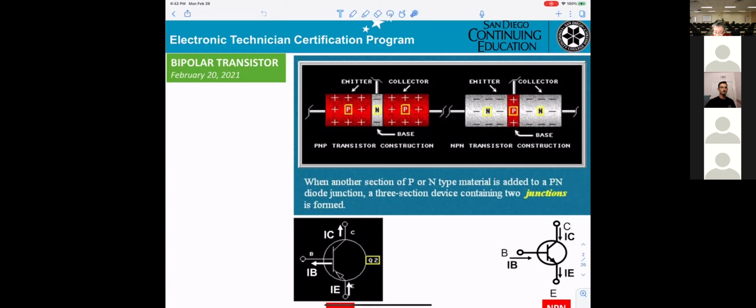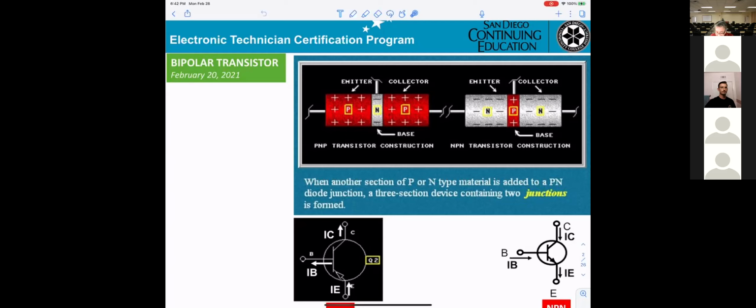In the N area, they contain electrons, and that will be holes in P. NPN transistor construction: basically, when another section of PN material is added to a PN diode junction, a three-section device containing two junctions is formed.